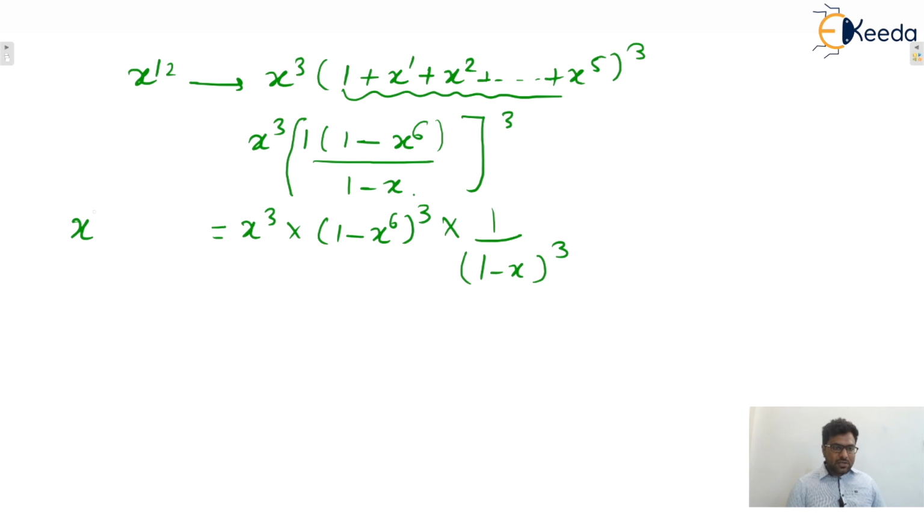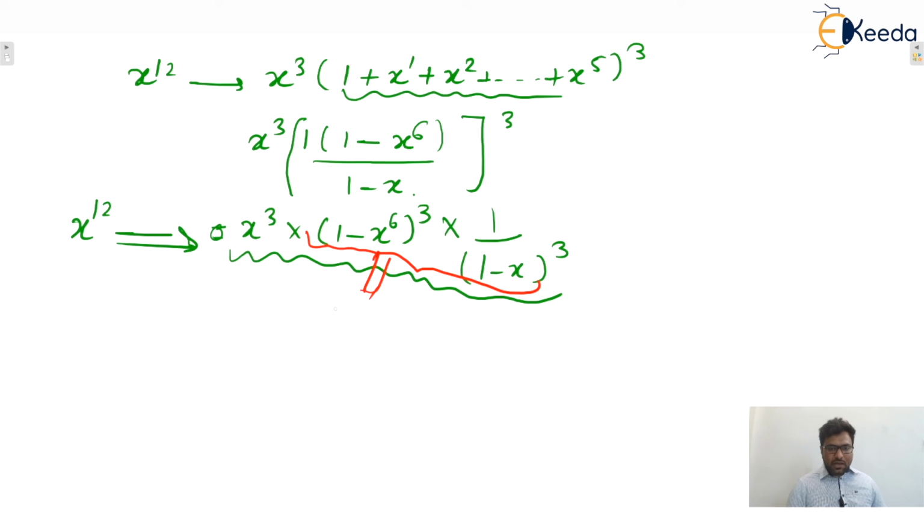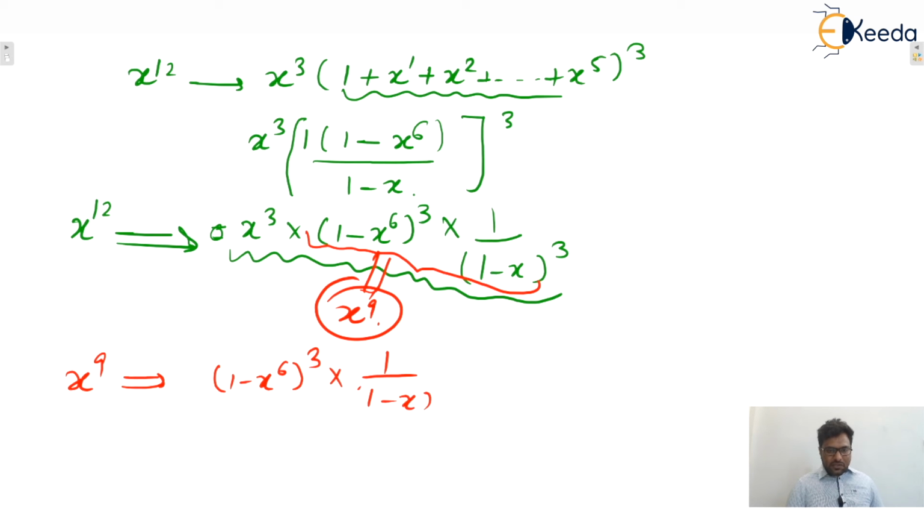Yeah, so finding the coefficient of x raised to power 12 in this entire expression is equivalent to finding the coefficient of x power 9 in this expression. Somehow we can say that ultimately x power 9 will be multiplied with x cube, and ultimately that coefficient will be the coefficient of x power 12 only. So we can reduce it, we can say: find the coefficient of x power 9 in this expression. Yes or no? Now you only tell me, can we write this expression like this or not?